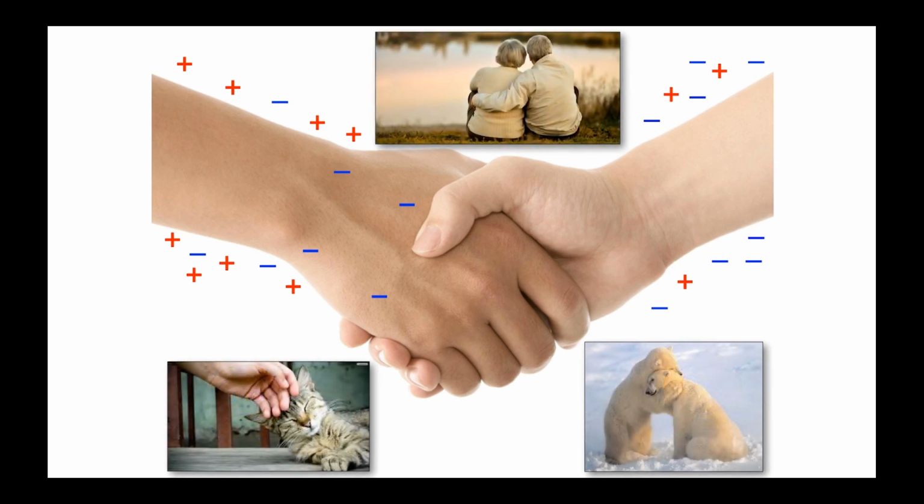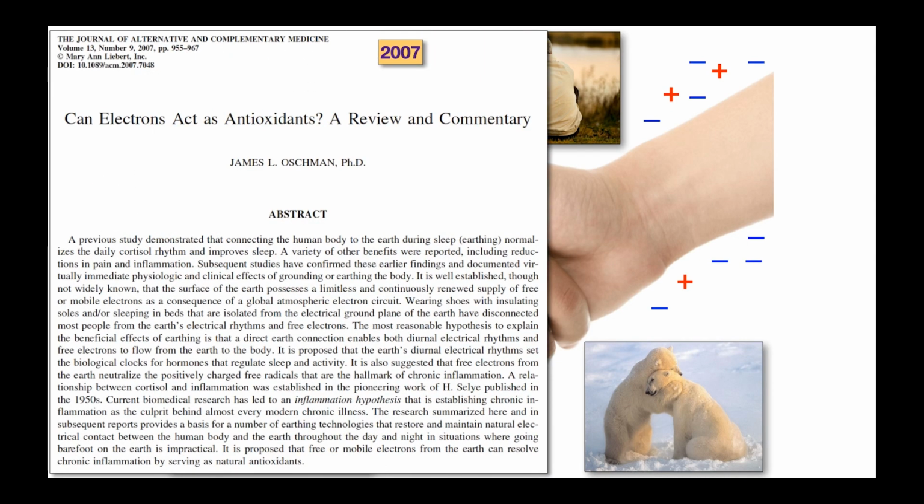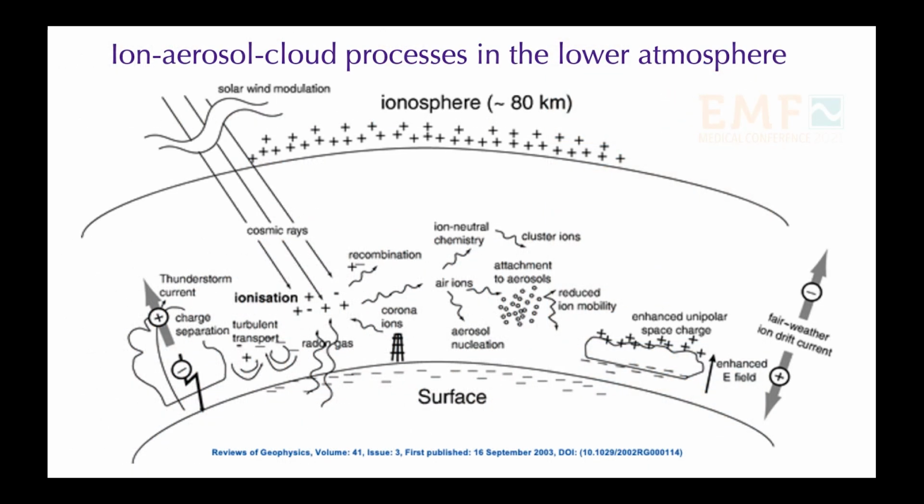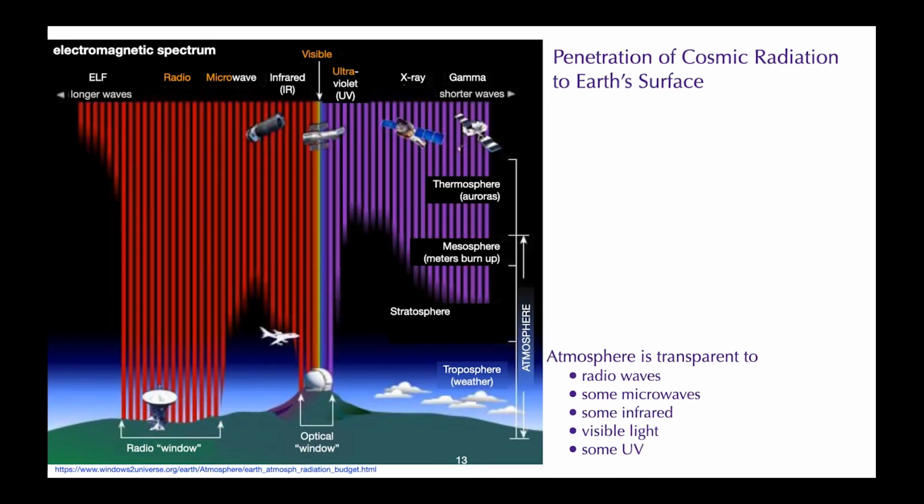Touch is an important need for all mammals, and there is some evidence that electrons may be acting as antioxidants and affecting your health in a profound way. Air ionization also plays a key role in cloud formation, thunderstorms, and other weather events, and the ionosphere is used to bounce radio signals around the globe. Our atmosphere and the Earth's magnetic field provide a fairly good shield against some of the radiation that comes from outer space, since not all of this radiation reaches the Earth's surface.